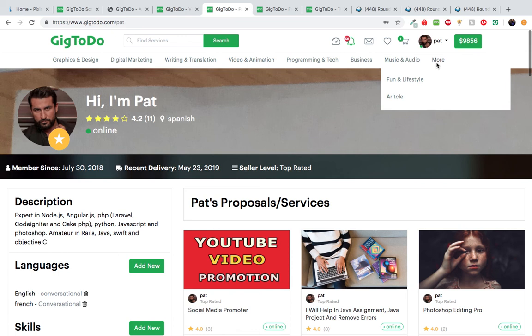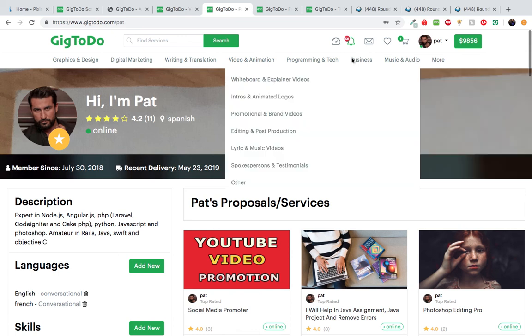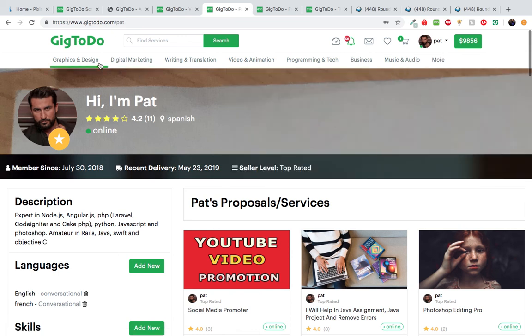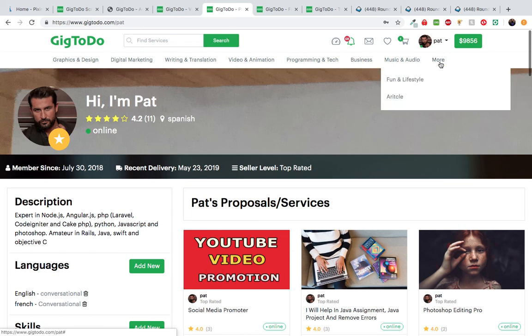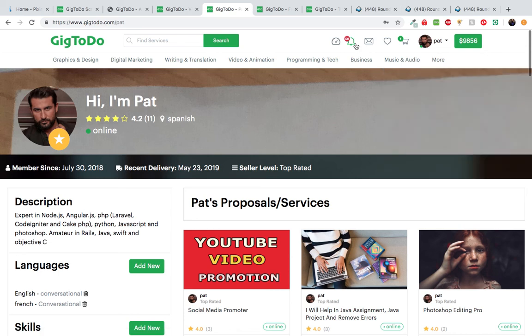So I didn't talk about this section right here. Here we have all the main categories, and obviously we cannot have all the categories on here because this is going to be crowded. So we created an extra item, which is more, that just loads in the new categories. So now let's go to the next item,